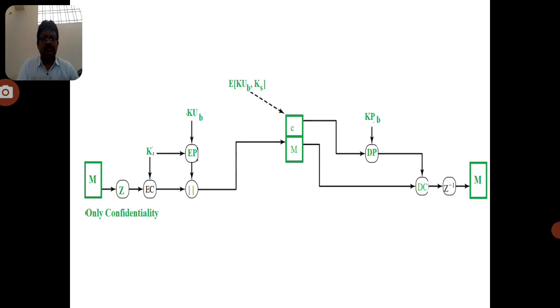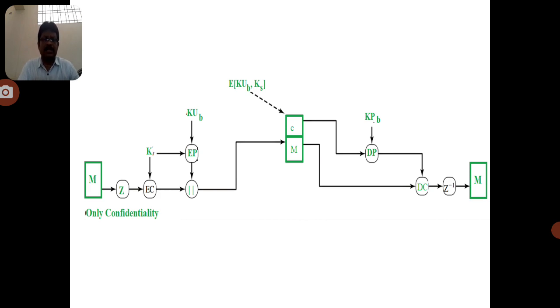How can that confidential message be revealed? Now you can observe the message is divided into two portions. One portion is denoted by S and the other message is denoted by M. Whatever message is encrypted, that encrypted message is decrypted using the private key of user B, that is, public key decryption DP is applied with the private key of user B. Then the conventional decryption can be applied, since the session key KS is already obtained.